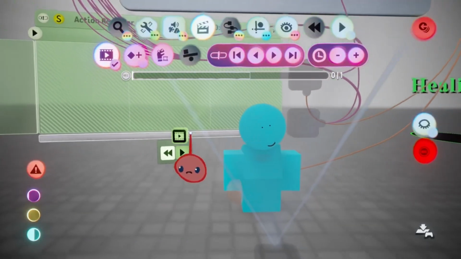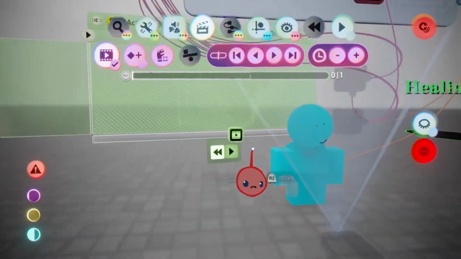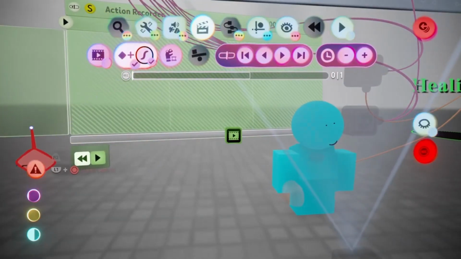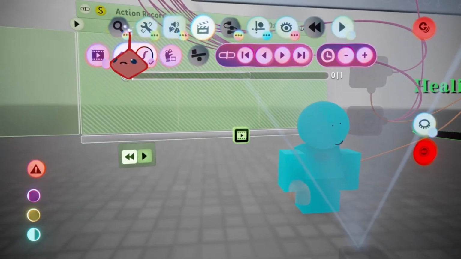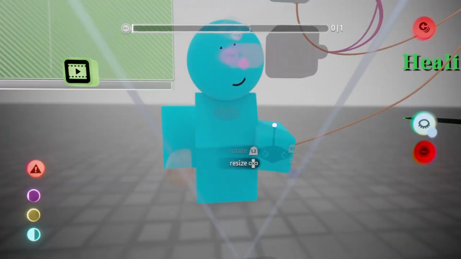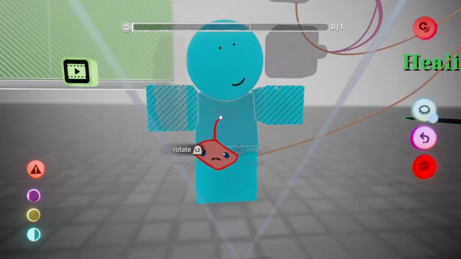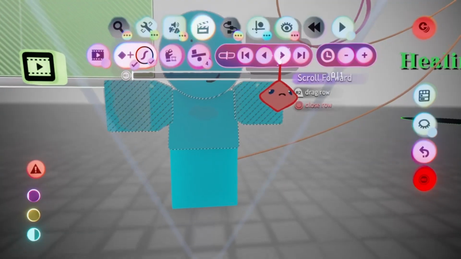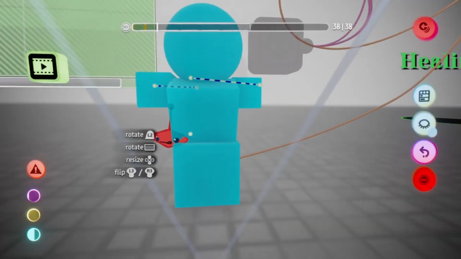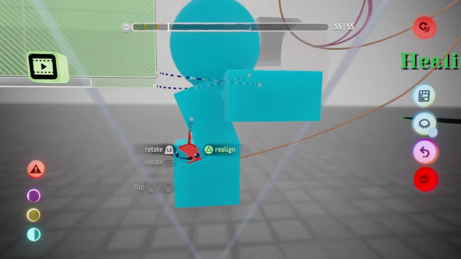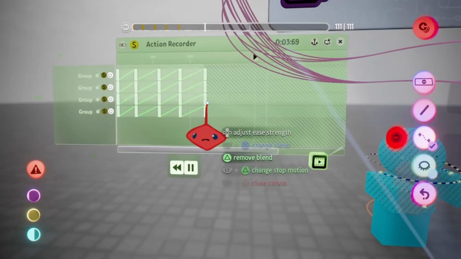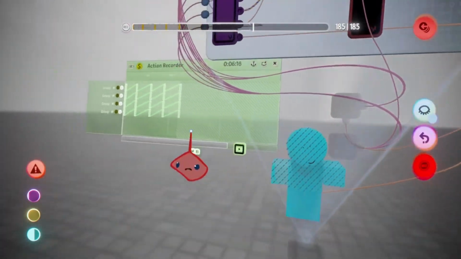Some people know action recorders mostly for the action mode, and you can do that, but the way we do it in T-Engine is that we're going to do it in keyframe mode. I'm going to do a little animation. I'm not going to put too much effort into this. I'll just make him spin for now. I probably won't do anything, but, you know, animation. Okay, now that I finished this stupid animation,